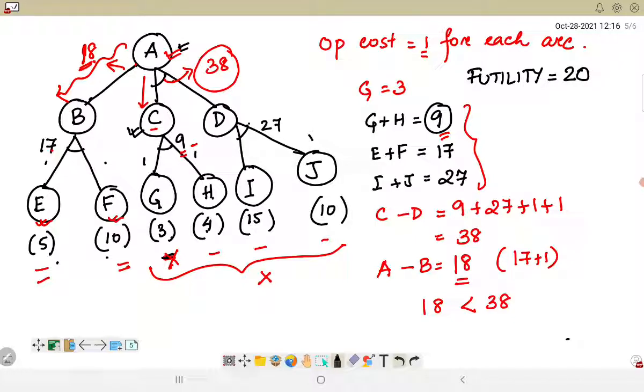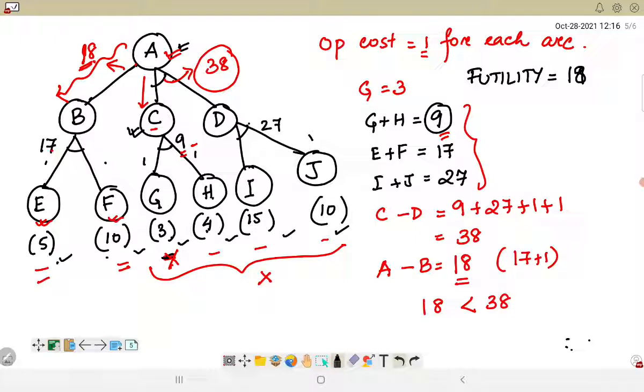Okay, so if the futility factor here is 20, initially it will search for the nodes which have a value greater than 20. Or let's say we will not associate 20, we will keep a lesser value. Let's say I have a value of 19. Since the value we are getting here is 18, we will associate the futility factor as 18. So when we are considering this 18, first we will check each of the nodes.